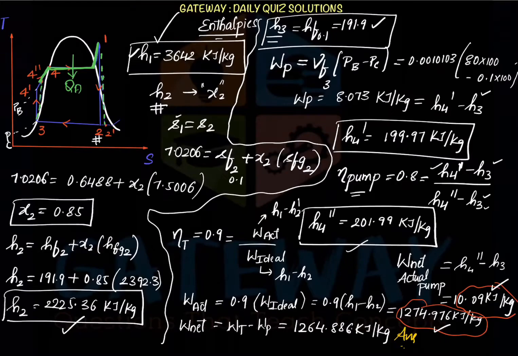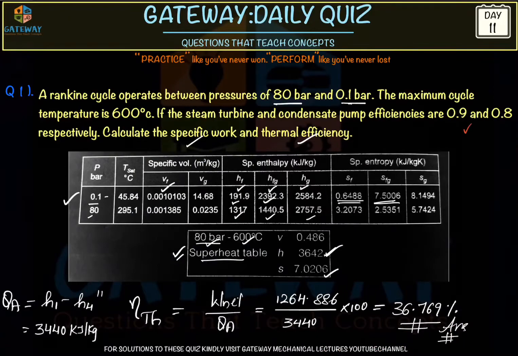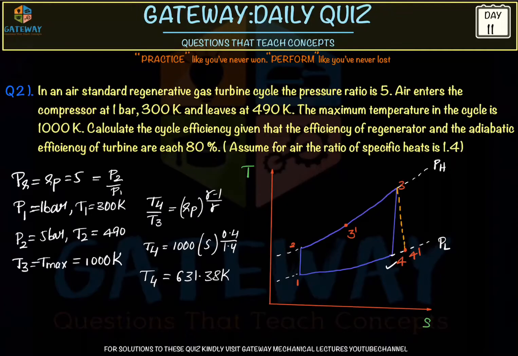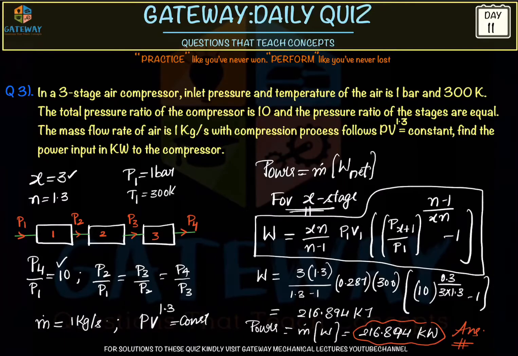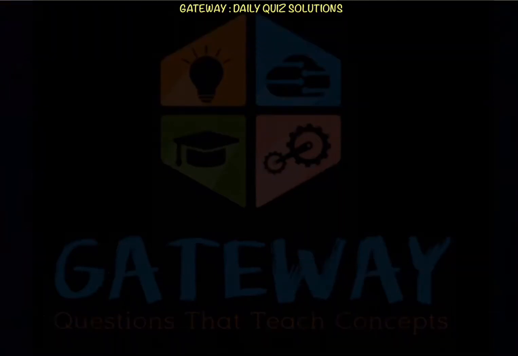We have solved a question here, right? The regenerator question. This question is the highest standard for the GATE examination. But for the Engineering Services mains examination, there are many possible in-depth questions. So we need to practice once we are attending the mains examination. So this is our question 3. We got the answer as 216.894 kilowatts.